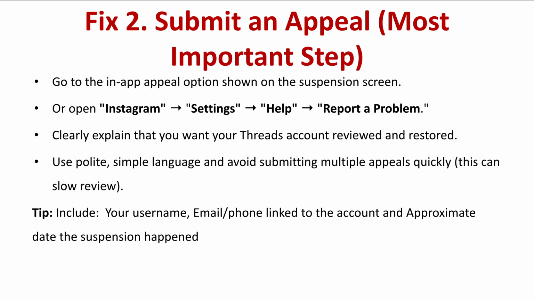Fix two is submit an appeal. Most important step. Go to the in-app appeal option shown on the suspension screen, or open Instagram, then Settings, then Help, then Report a problem. Clearly explain that you want your Threads account reviewed and restored. Use polite, simple language and avoid submitting multiple appeals quickly. This can slow review. Tips are include your username, email or phone number linked to your account and